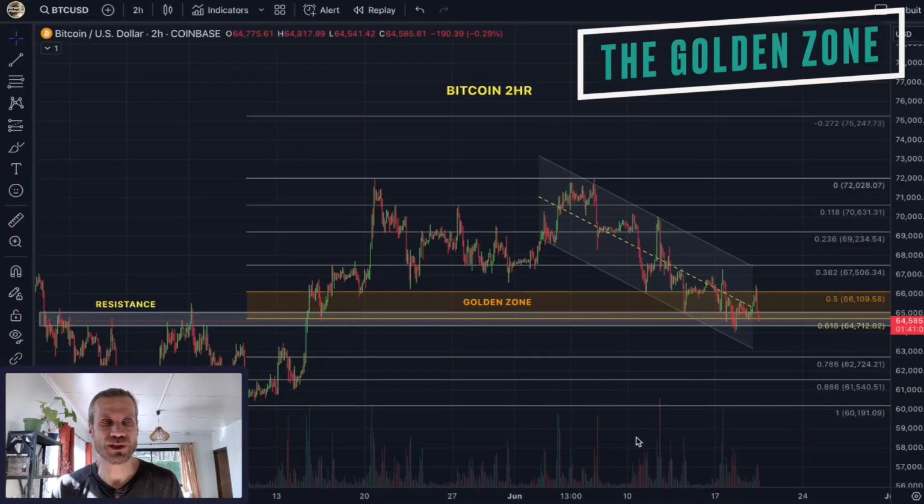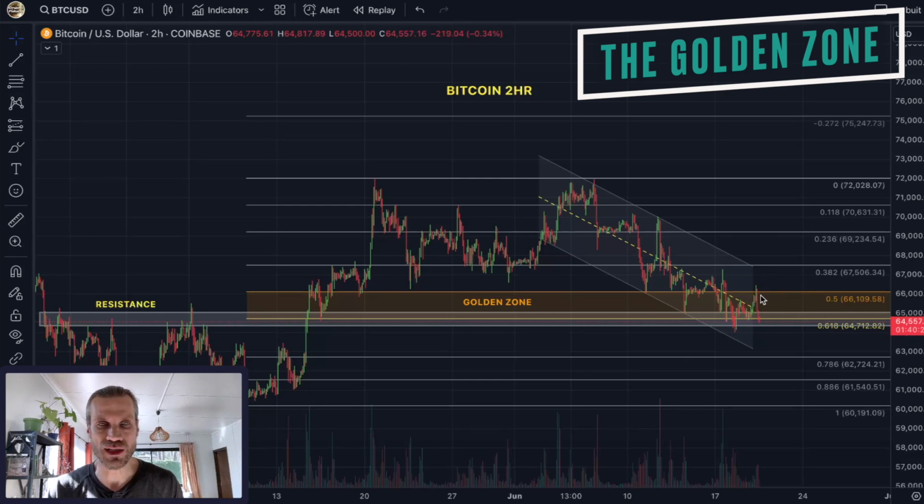So this is Bitcoin 2-hour chart, and we've had this nice run up here from this point to this point, and that is what we've used to plot the Fib levels on the chart. And we're going to use these Fib levels to try and determine when a reversal is going to occur following this retracement. So right now the price action is bouncing off the 0.618 Fib level, having broken below the 0.382